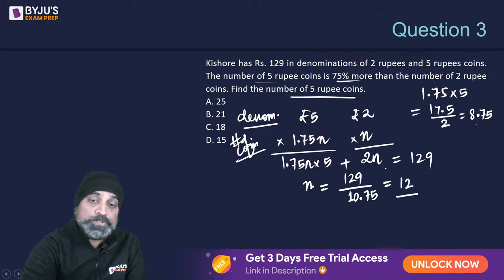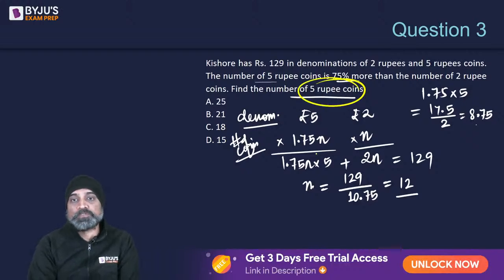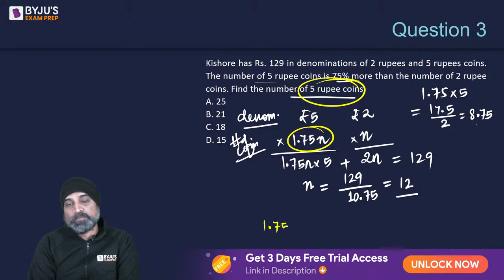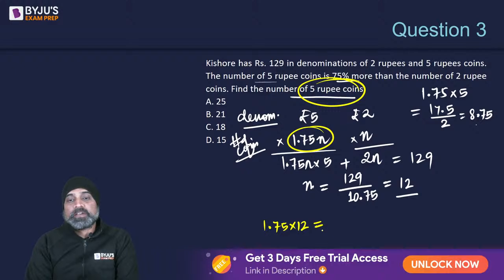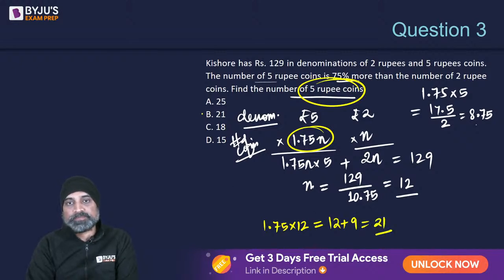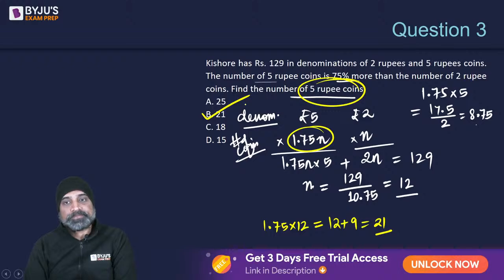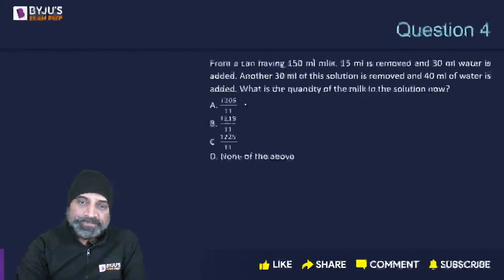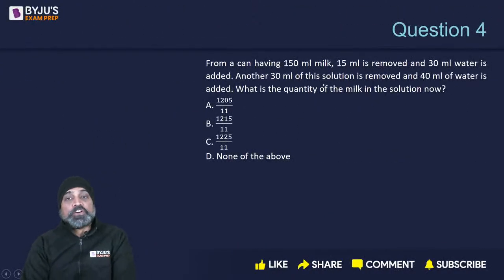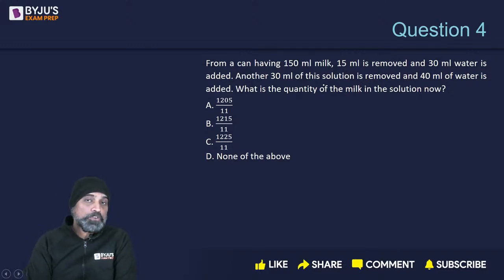If n is equal to 12, then how many 5 rupee coins we will have? This is the number of 5 rupee coins, which is going to be 1.75 into 12, which will become 12 plus 0.75 of 12, which is 3/4 of 12, which is going to be 9. So 12 plus 9 will result in 21, right? Okay. Next question. From a can having 150 ml of milk, 15 ml is removed and 30 ml of